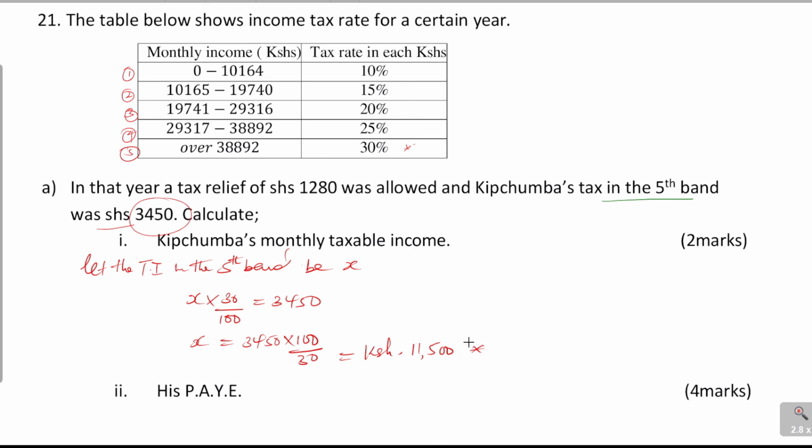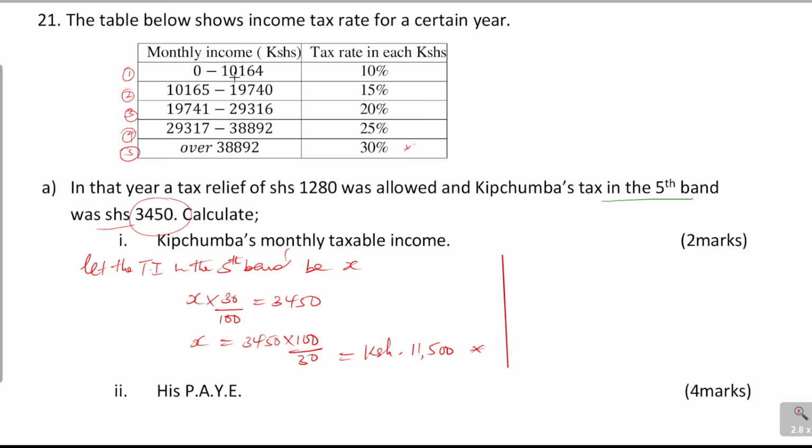So now 11,500 was the amount that was taxed in the fifth band. That was the income that was taxed in the fifth band in order to give this tax. And it is good to note that that is the amount that is above 38,892. So now, in order to get Kipchumba's monthly taxable income, it means you're going to add